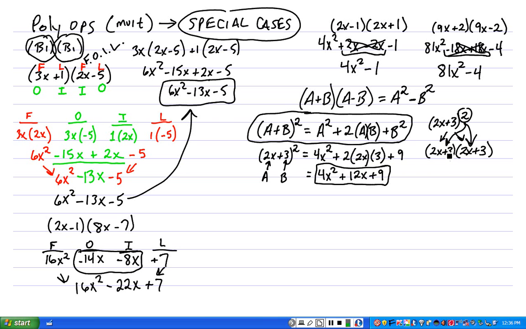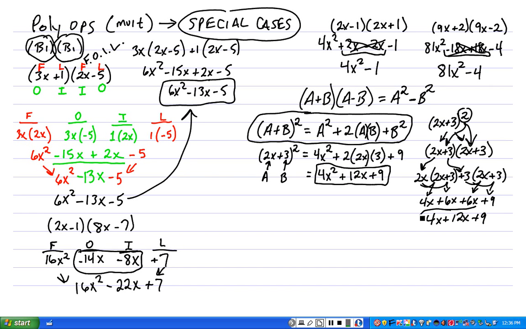Okay, and if you did that, you take your 2x times 2x plus 3. Then you take your plus 3 times 2x plus 3. And guess what? That gives you 4x squared, plus 6x, plus 6x, plus 9. 6 and 6 is 12x. Bring down your plus 9. Bring down your 4x squared. And if you notice, it's the same. So as long as you understand this right here,